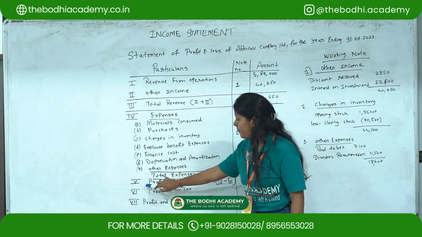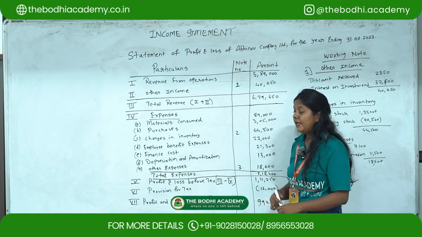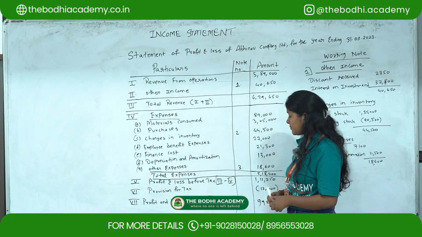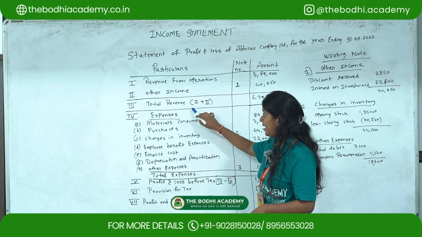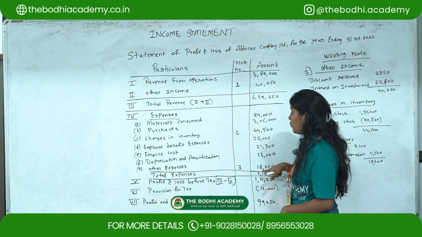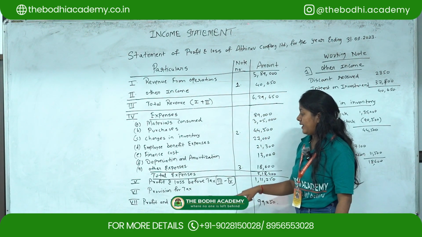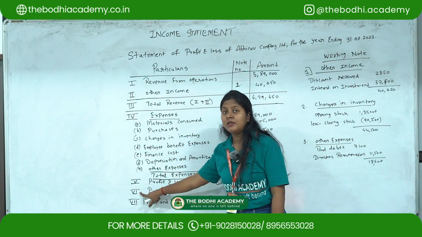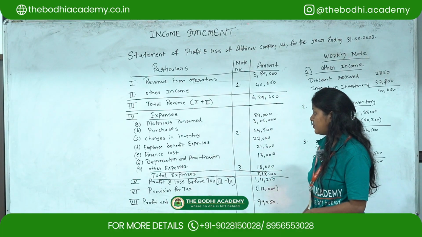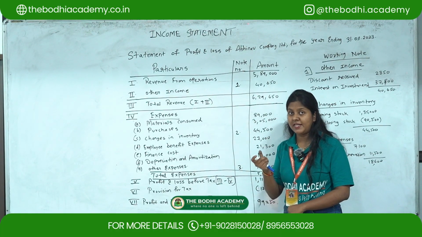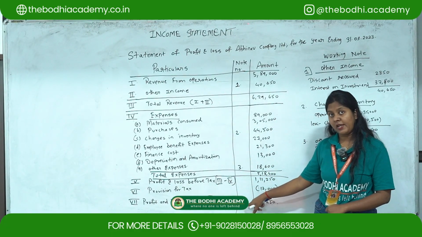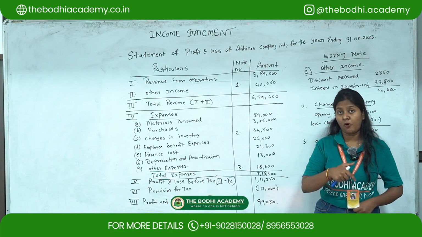Next, the fifth part is profit and loss before tax. Before providing the tax, you have to find out the total profit or loss. Here you take third minus fourth: total revenue minus your total expenses, and you will get the answer. Then the sixth step, provision for tax, will be given in the question directly. We always minus the provision for tax, because that is the tax which a firm has to pay. After minusing the taxes, you check whether it is profit or loss.